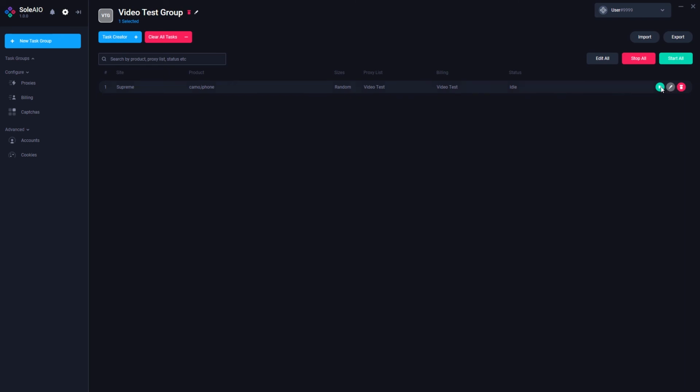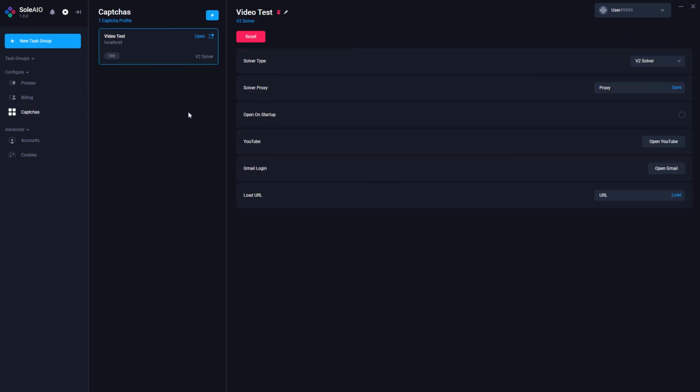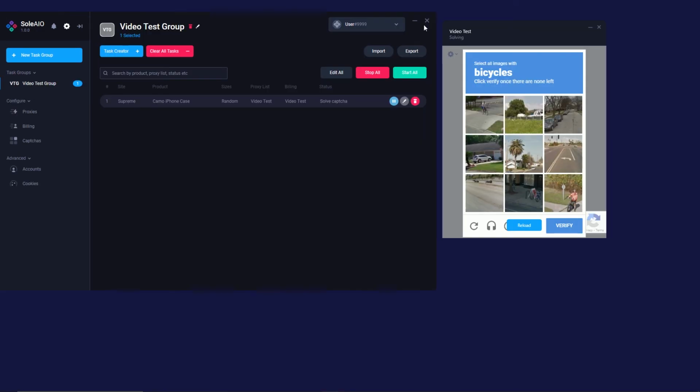So let's go ahead and start this. As you guys can see, the status goes through a bunch of statuses, and then it's going ahead and sending a captcha to our captchas over here. So let's go ahead and actually open up the solver here. As you guys can see, it has sent a captcha to the solver here, and it says solve captcha. Once I go ahead and solve this captcha, then obviously it will go ahead and checkout loop,